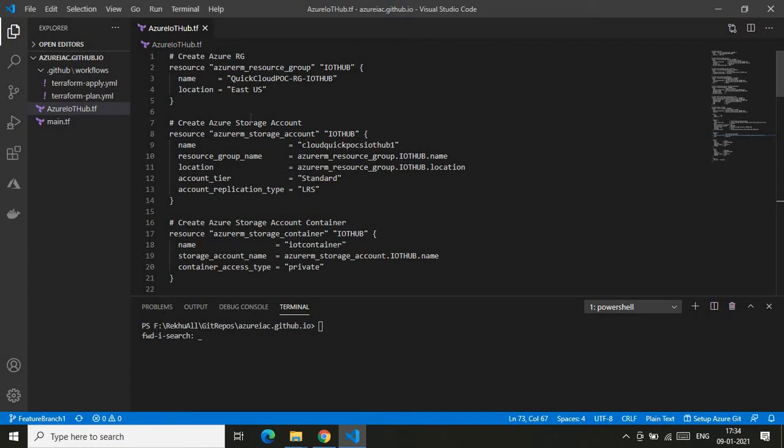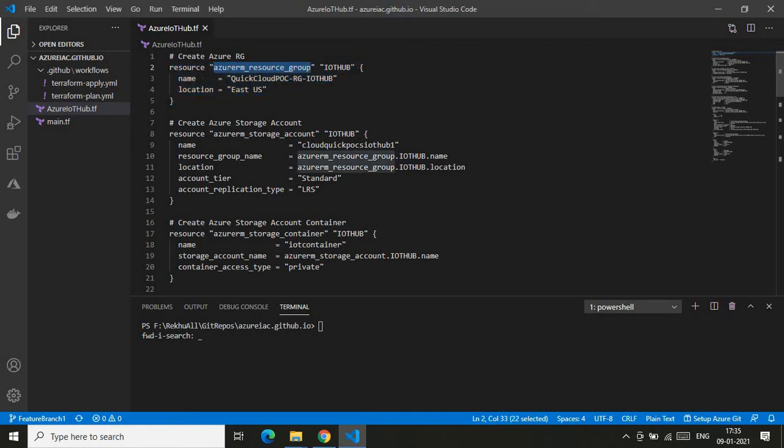Let me quickly walk from the top of this file. Here I'm creating the Azure resource group. As you know, every Azure service is created in a container called the Azure RM resource group, or Azure resource group in general. Every resource needs a container. Without that you cannot create any services in Azure. That's a thumb rule in Azure. So as needed, we are creating a resource group with this definition. This is the block which is responsible for creating that.